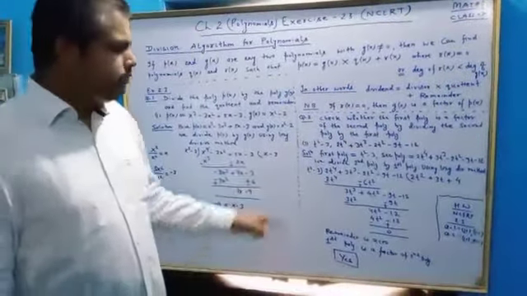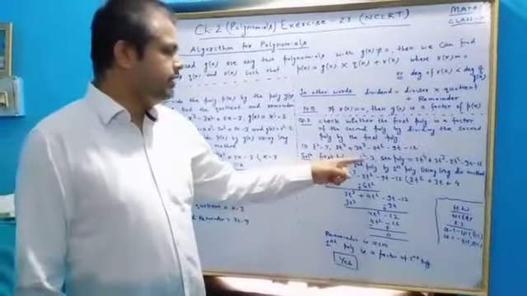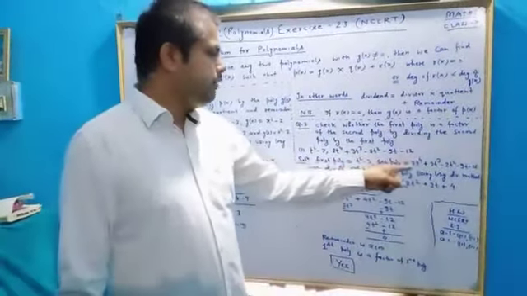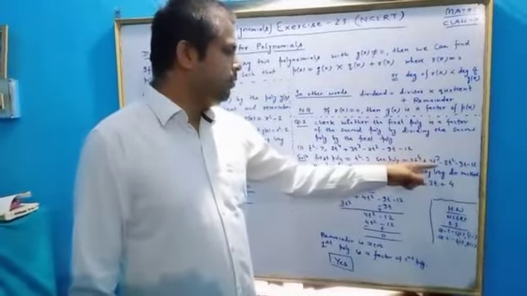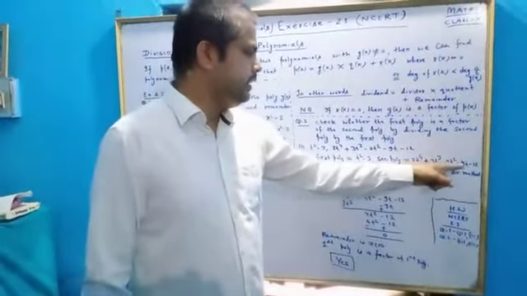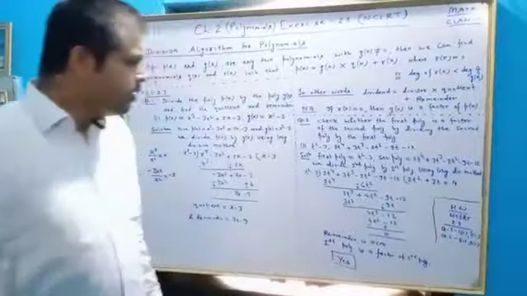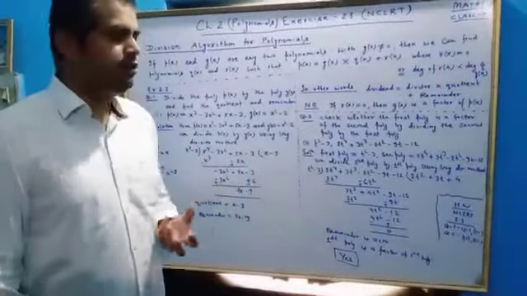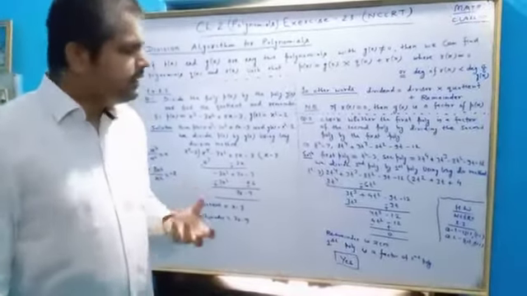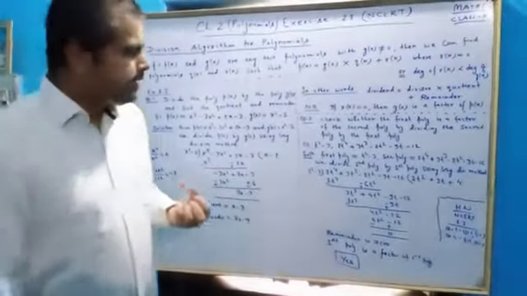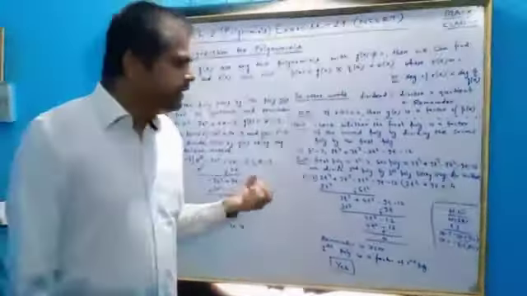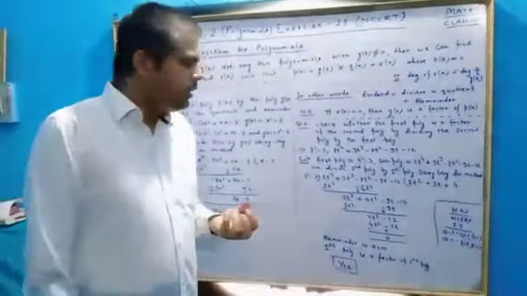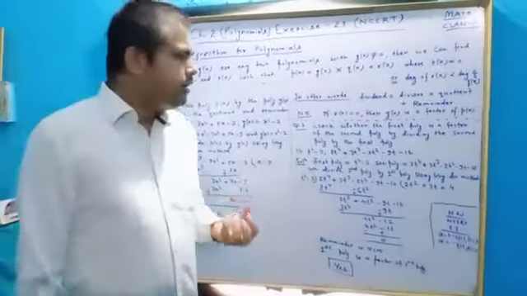We write here: first polynomial is t square minus 3 and second polynomial is 2t^4 plus 3t cube minus 2t square minus 3t minus 12. We divide the second polynomial by the first polynomial by using the long division method. For this, we check that the given polynomials are in standard form, or they are written in decreasing order of degree.